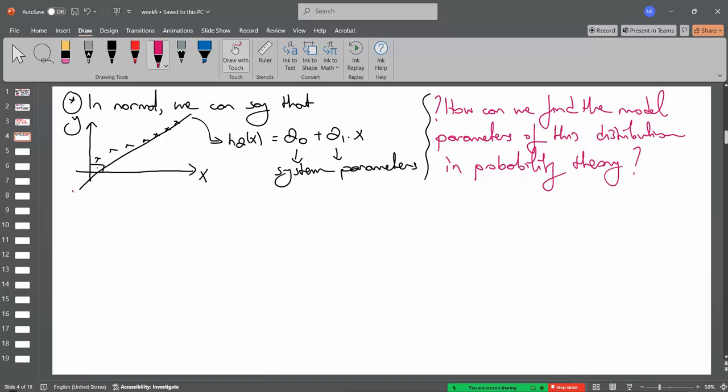This is the main question. And so we need to define the new problems here in order to understand that. The problem is that